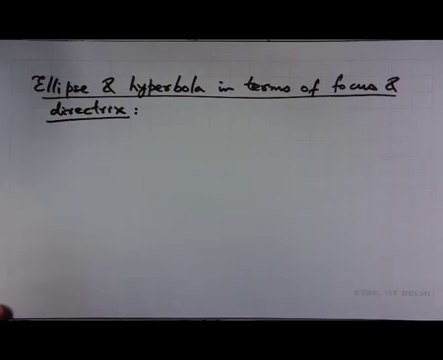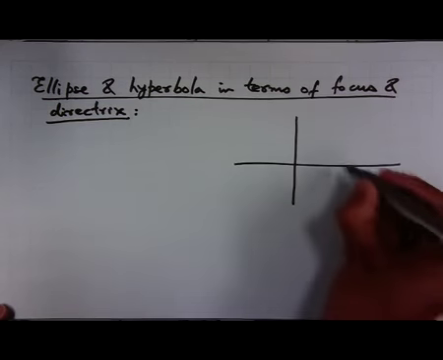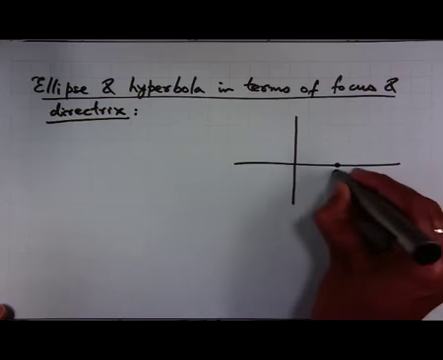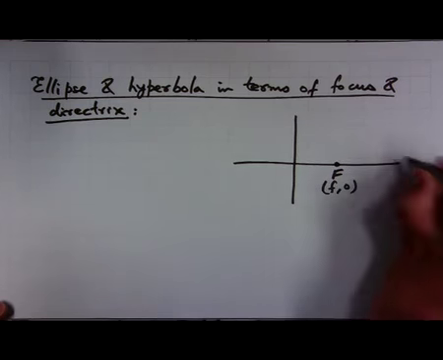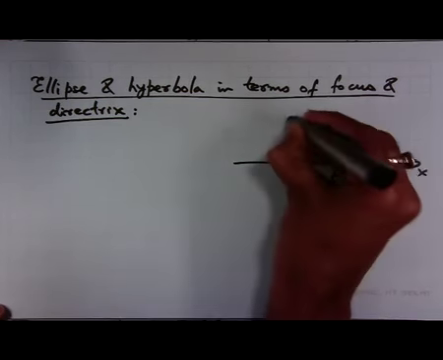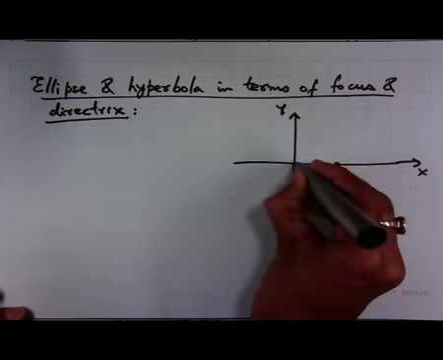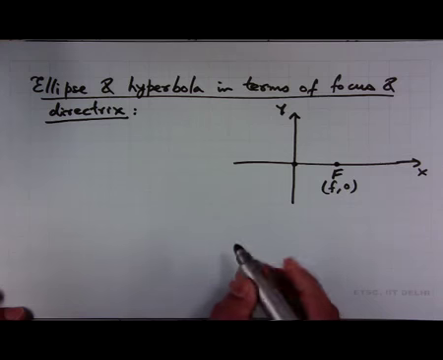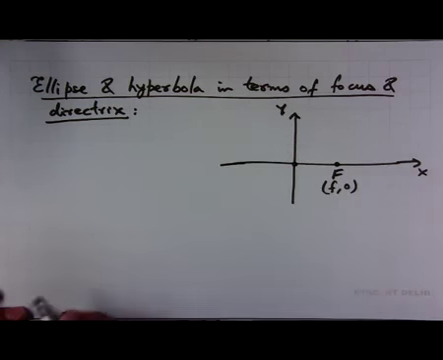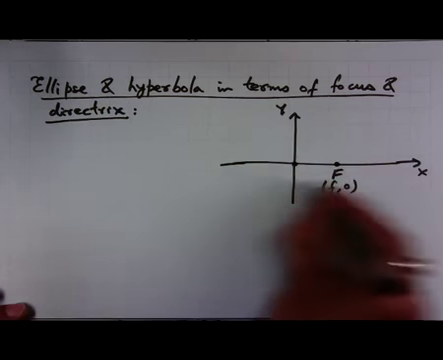So, let F be any fixed point. Let us take it on the x axis, so F is any (f, 0). Suppose we take an ellipse. So, we have (f, 0)